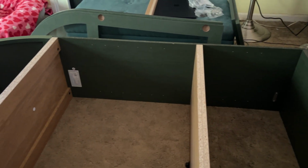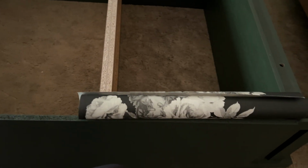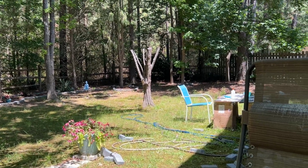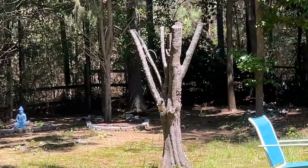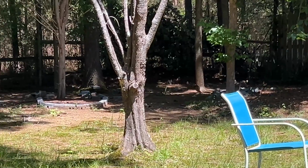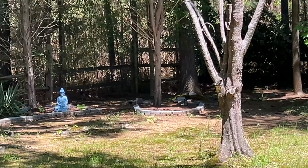So I gotta wallpaper the back next. That's what I'm about to get ready to do, and then I can put the rest together. I'm trying to wallpaper, and there's bunnies running around. They're so